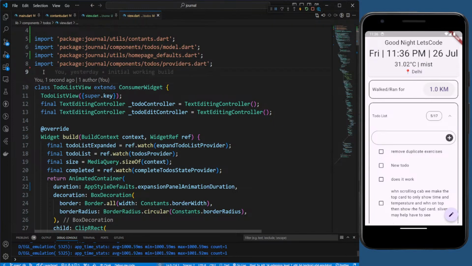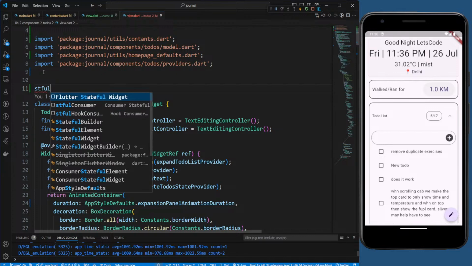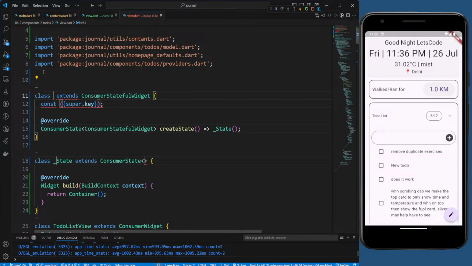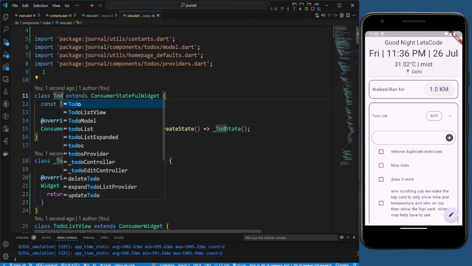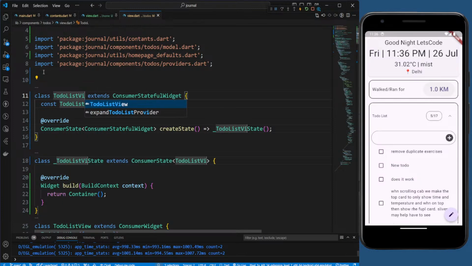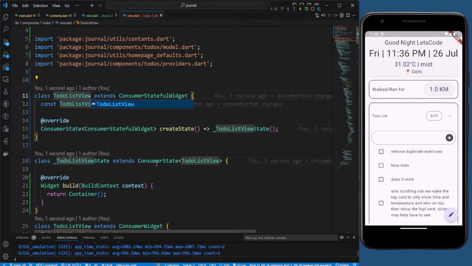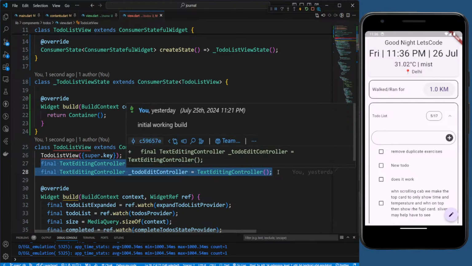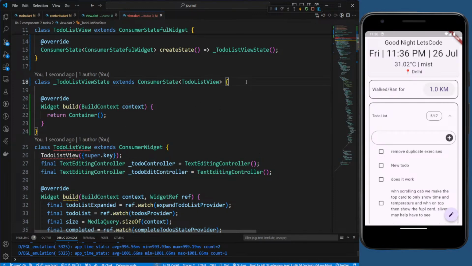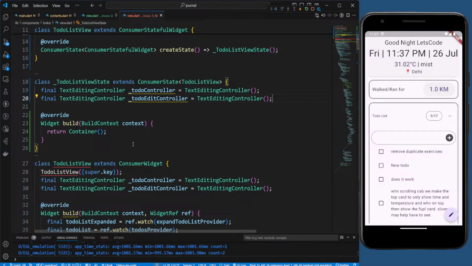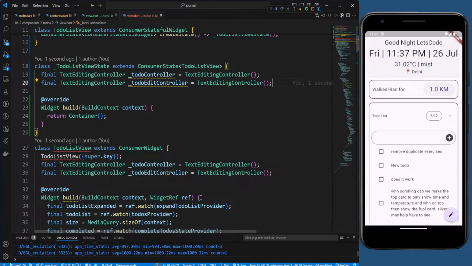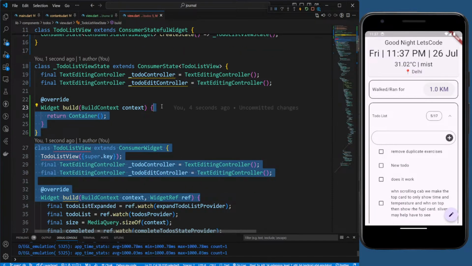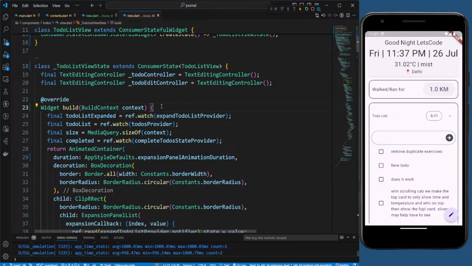Let's make this a stateful consumer widget, and the name is ToDoListView. This works, and this too can be part of here, and the build method is this. No more changes required, but this will put in the init state,